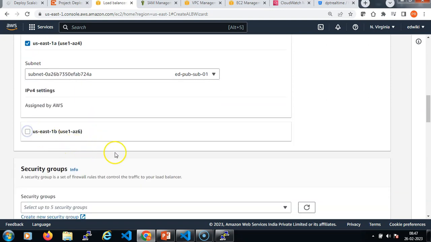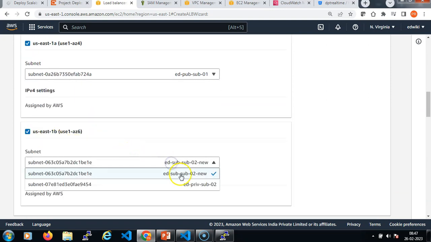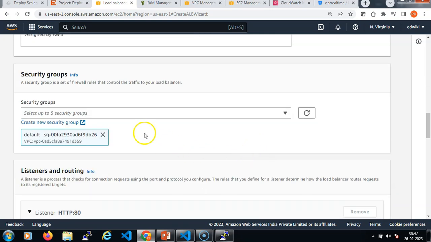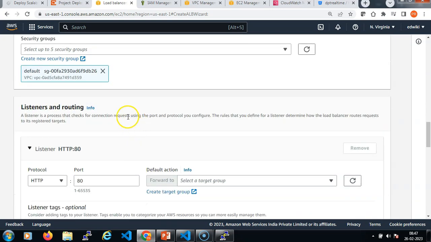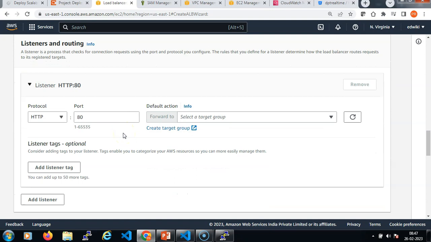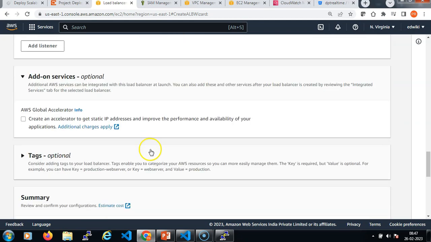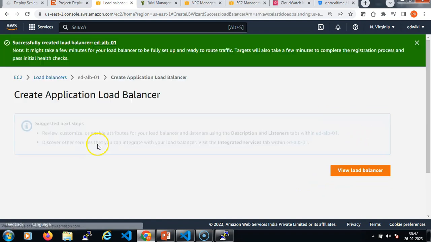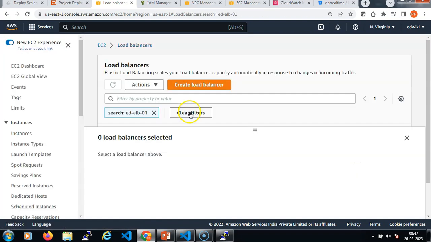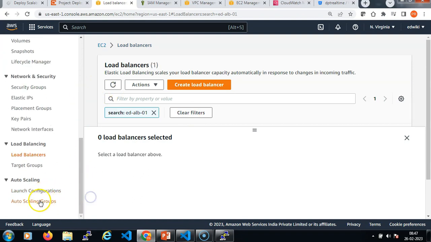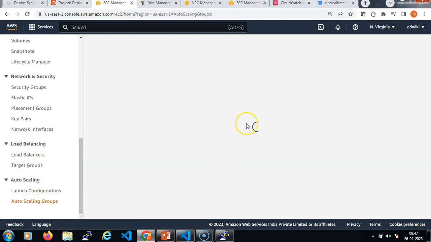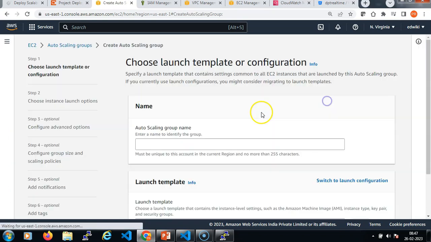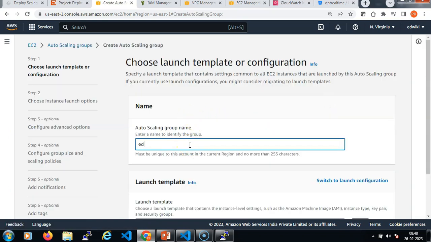Let me choose the 1B zone and the public subnet. Let it be the default security group, which is allowing port number 80 as the listener configuration that has to be routed to the target group. And that's it. Let me go and create a load balancer. Now it's time to start creating an auto scaling group, which is the last step in our project, right? So let's say